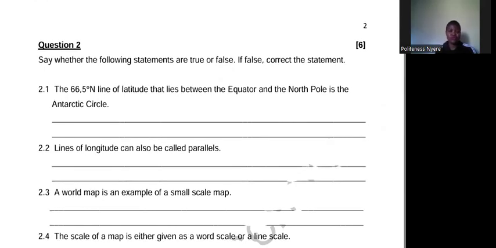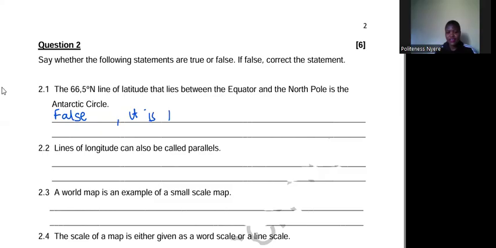Let's move on to question number 2. Say whether the following statements are true or false. If false, correct the statement. So the first one is: the 66.5 degrees north line of latitude that lies between the equator and the North Pole is the Antarctic Circle. So this is false. Rather,